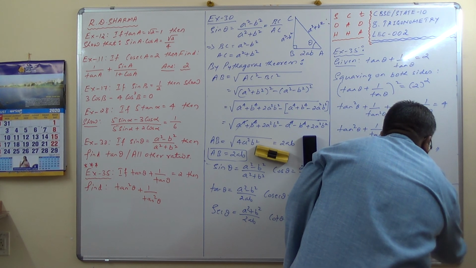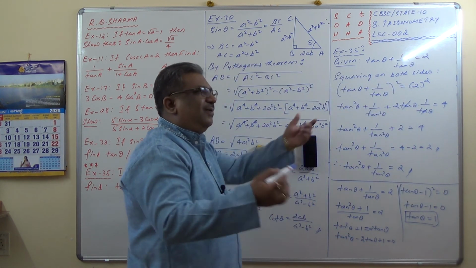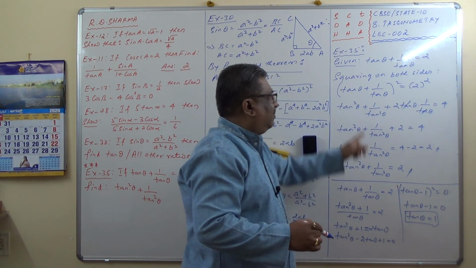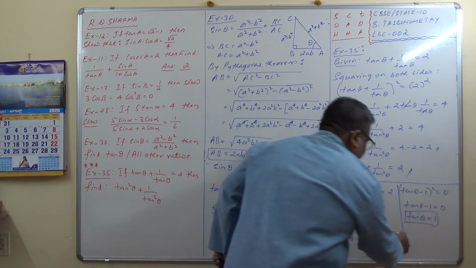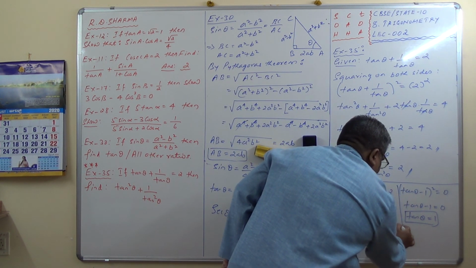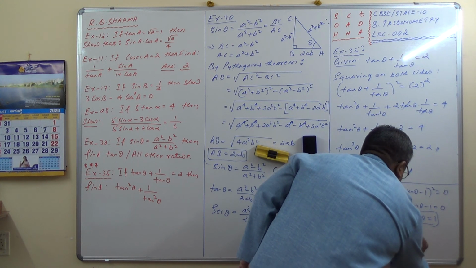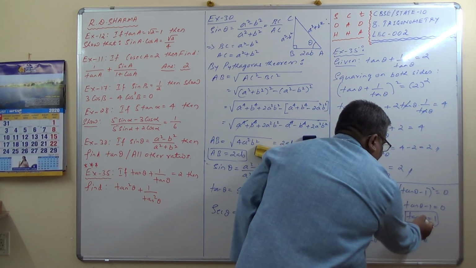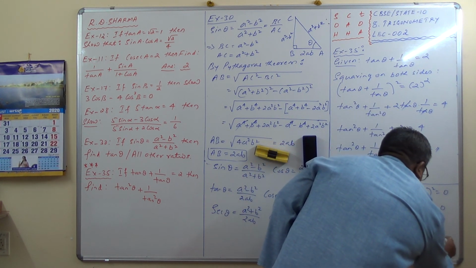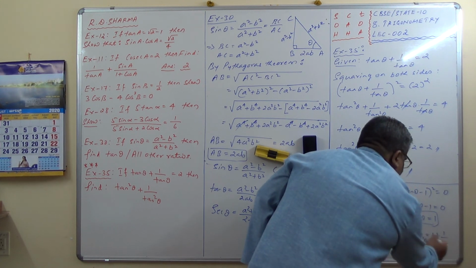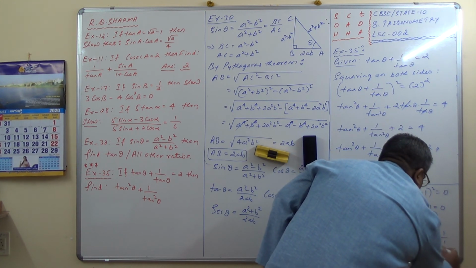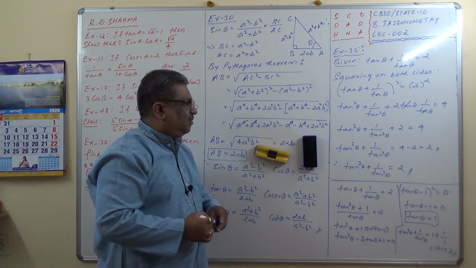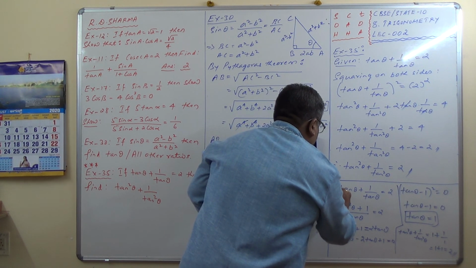So what have we found here? Tan theta equals 1. But what is our objective? Objective is to find out tan square theta plus 1 by tan square theta. So now see how we will solve. Tan theta is 1, so tan square is 1 square, 1 plus 1 divided by tan square, which is 1, so 1 plus 1, which is 2. So this is how we can find out. Both the ways are correct. This is the alternate method; I'll write ALTER.